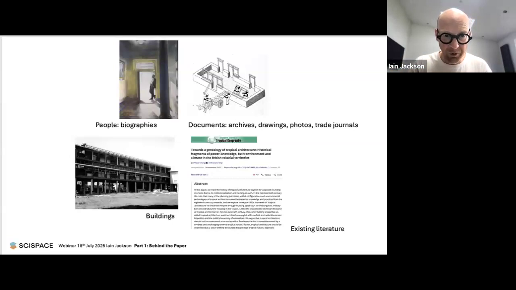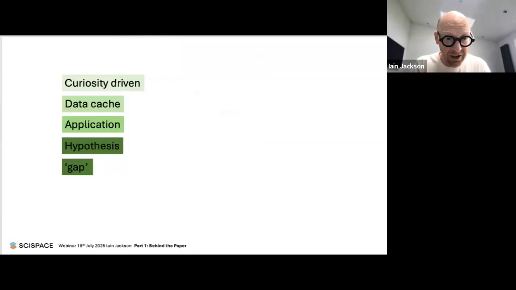And then one day you'd find something in the archive that was particularly useful, or you'd get a reply to your correspondence, or you'd find a new photograph of a building you'd never even heard of before. So this is all going on, how to manage all of this data, how to construct the narrative. So it's not starting with one particular question. It's all of these things here that are happening simultaneously.